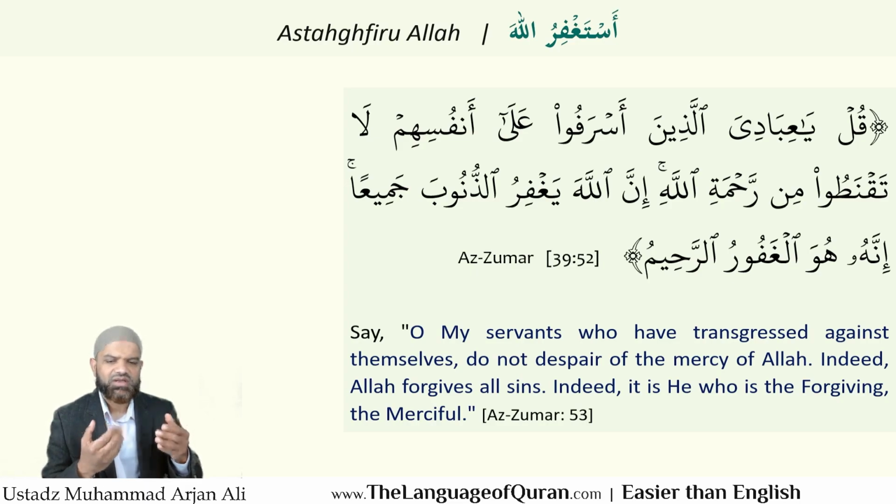And simply making dua, asking Allah, sincerely repenting, turning back to Allah are all forms of seeking forgiveness of Allah. And we can use this statement with this dua, this appeal, at any time of the day, in any situation, always seeking the forgiveness of Allah. We can do it especially after our prayers. We can do it before we go to sleep, when we reflect on the day. And inshallah, Allah subhanahu wa ta'ala will turn to us with mercy.